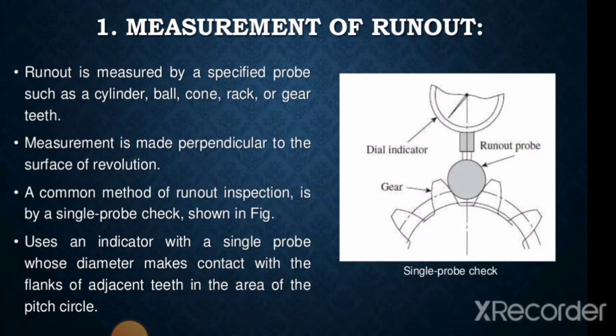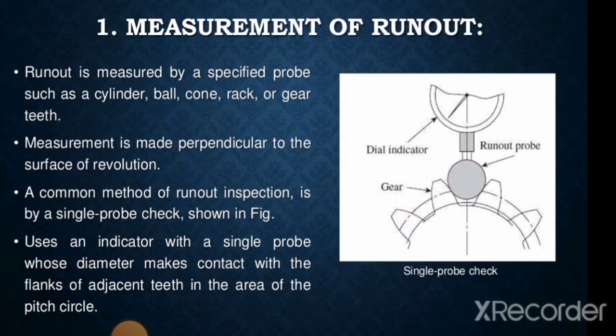Now we will see that runout in gears is measured by means of a gear eccentricity tester. The gear is held on the mandrel in the center of the tester. The dial indicator of the tester has a specific tip depending upon the module of the gear to be checked. Generally this runout is twice the eccentricity. If the maximum variation is noted from the dial indicator, it gives the runout of the gear.